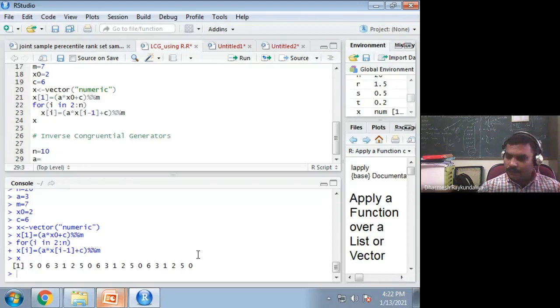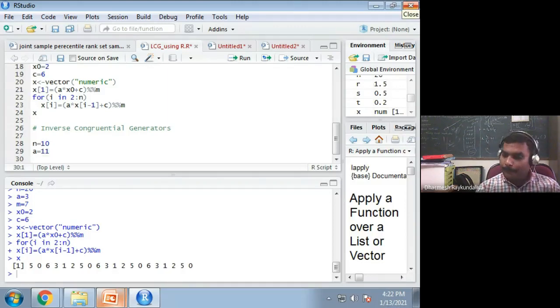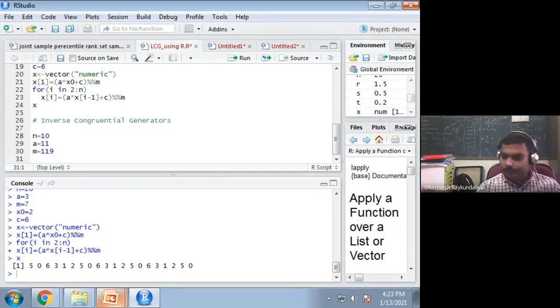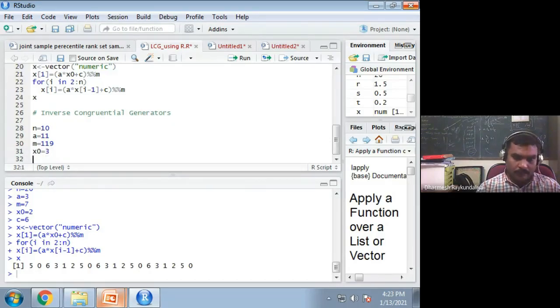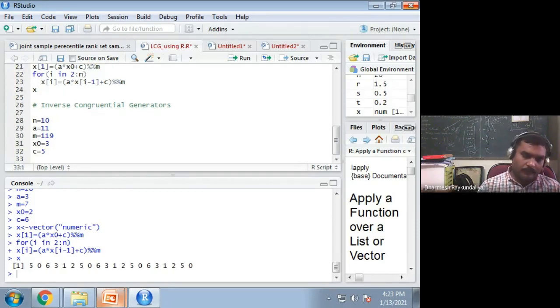A is equal to 11, M is equal to 119. Initially x0 we can give, let us say 3, and C is equal to 5. I wish to generate 10 random numbers using the inverse congruential method.